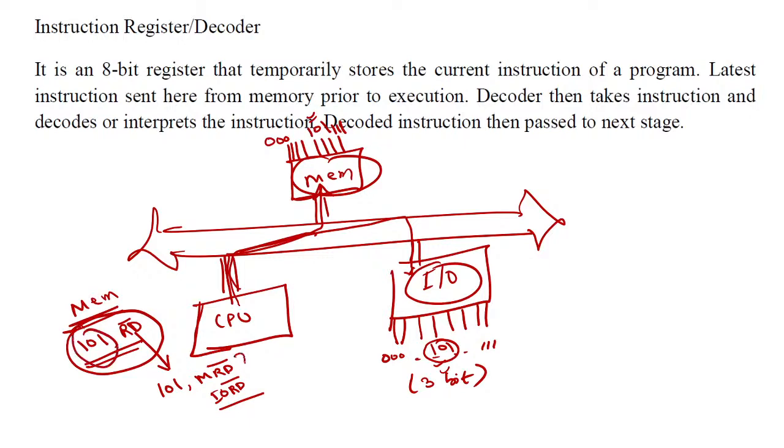When we are differentiating the control signals, that technique is called IO mapped IO, input output devices mapped IO. The last technique, if we are differentiating the address, is called memory mapped IO, right? So we have these three techniques of solving this problem.